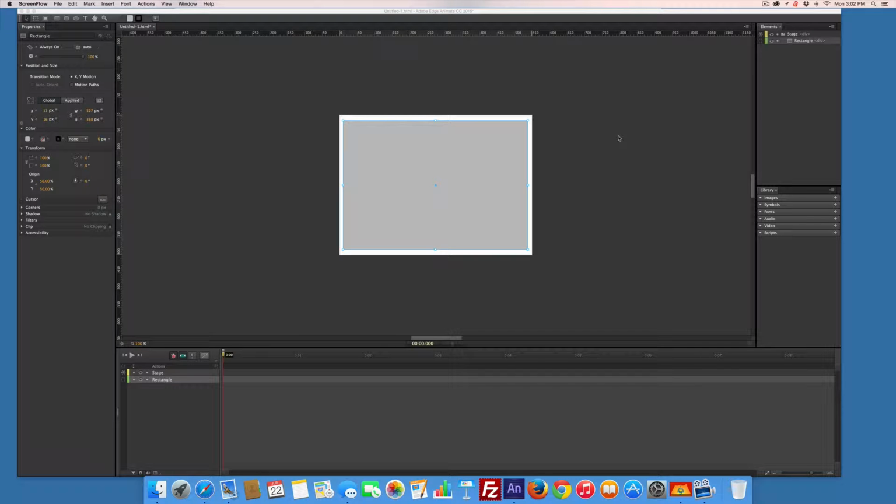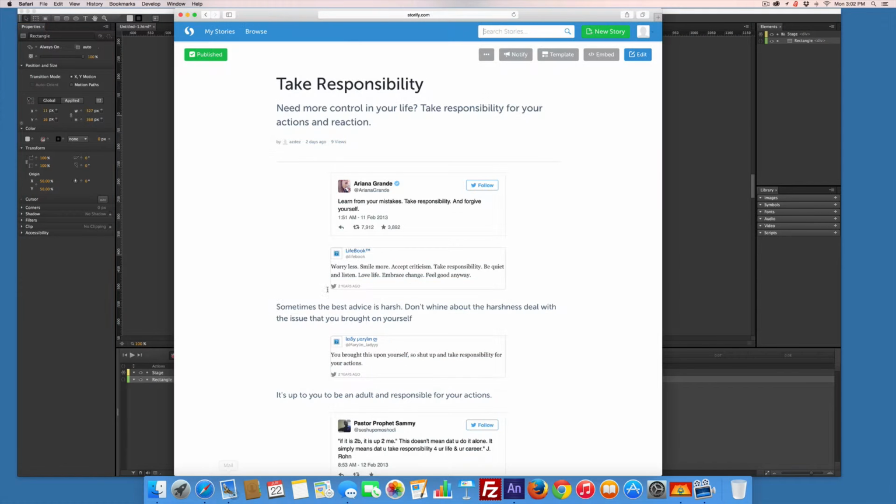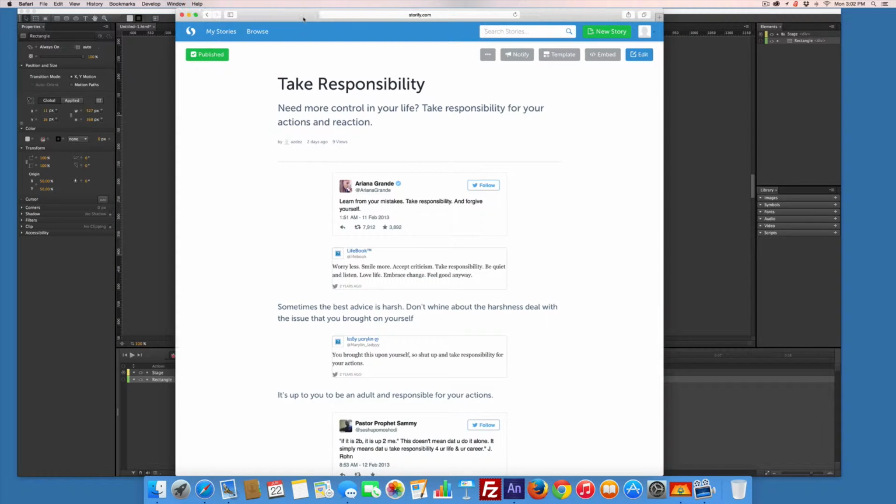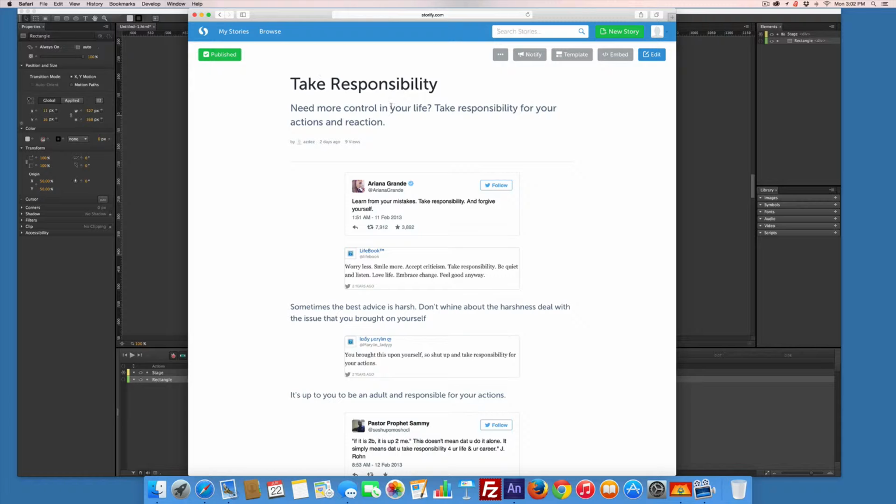I recently was asked how to add Storify to an Edge project. So I've got my basic stage set up and I have a rectangle on it, and I haven't even changed the name of it, which I'm not going to. And I've set it at auto because I know it's going to be a long scrolly thing because I'm the one who wrote it. So I'm over here and I am logged into Storify, and I have a story I